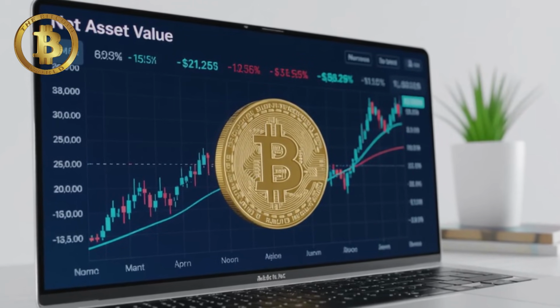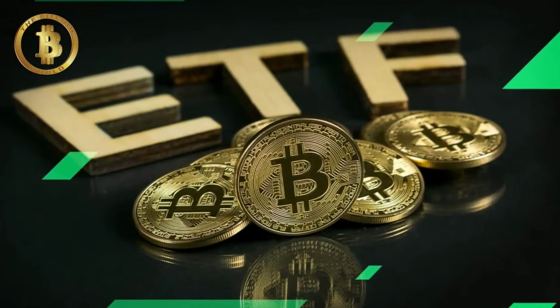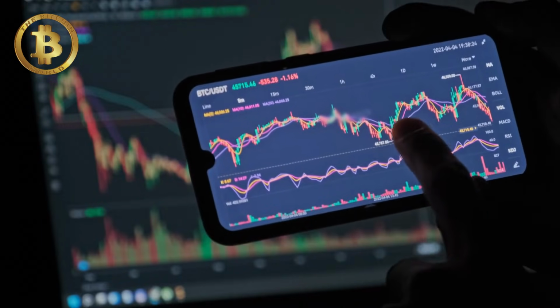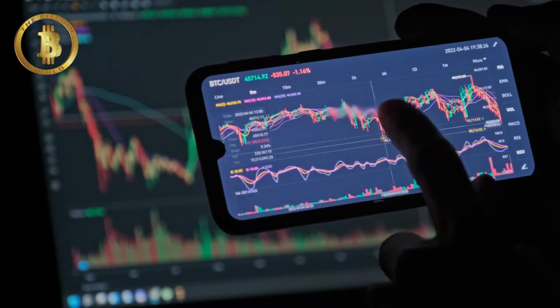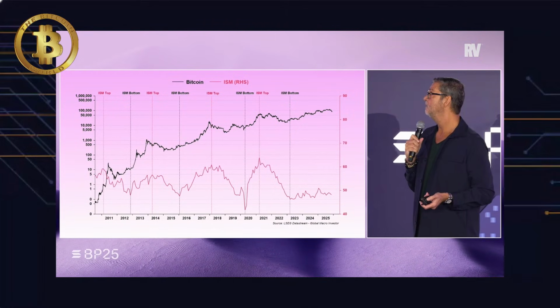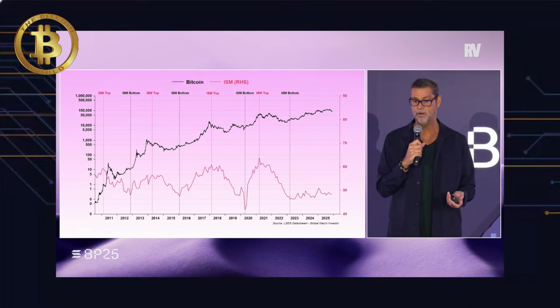Bitcoin dominance, the same thing. It's driven by the same thing. It's much like when the economy's slow, people tend to be in treasuries. When the economy picks up, they go further out the risk curve in different types of credit. It's all the same cycle. So it's a very macro asset. And here's the chart of the ISM versus Bitcoin, and you can see the peaks and troughs correlate well.